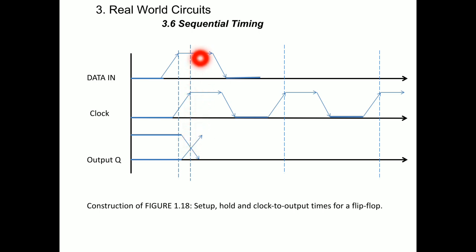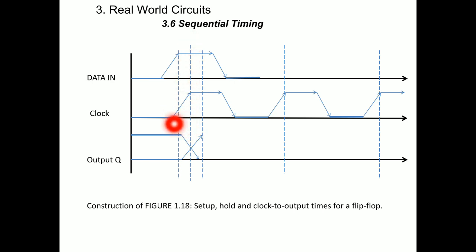What is the data here? It's 1. Before the clock edge also, the data is 1. After the clock edge also, data is 1. Before the clock edge, you can see that interval, these two lines, the data signal is 1 before the clock edge. And after the clock edge also, the data should be the same for some amount of time, meaning it should be 1 here also. Now see, for this amount of time, we'll specify some amount of time. The data should be the same before the clock edge, and this is the clock edge line.